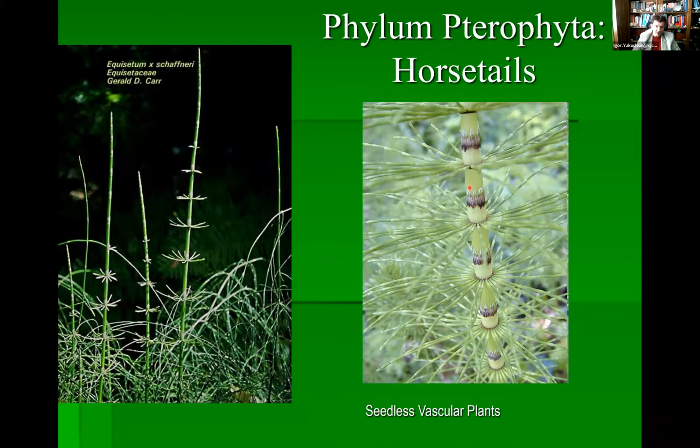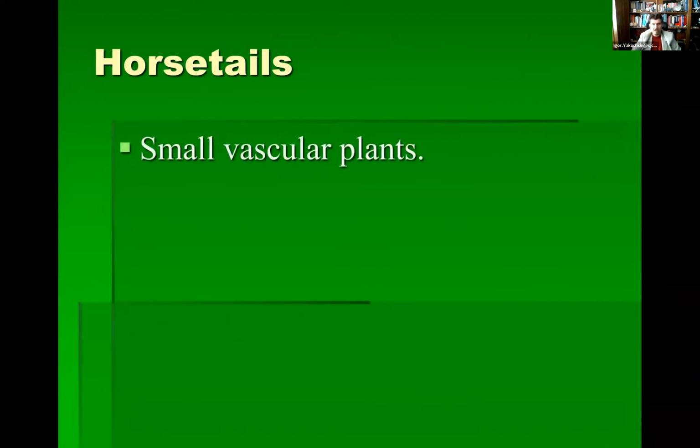And you can see that those particular stems have ridges. You can clearly see those ridges right here, and those ridges make that particular stem stronger, because inside of those stems, well, stems are empty. They don't have anything inside. Similar to bamboo, but that's not a bamboo at all. I mean, bamboo is actually a flowering plant, believe it or not. So in this particular case, horsetails, small, about 5 feet tall tops.